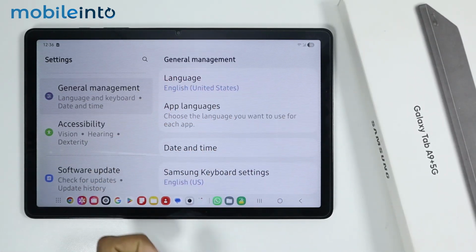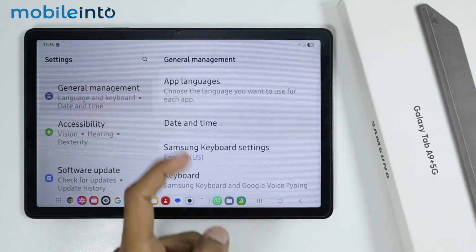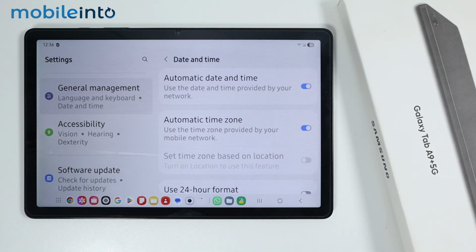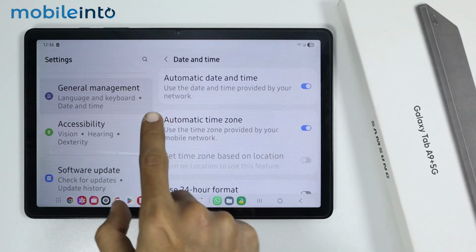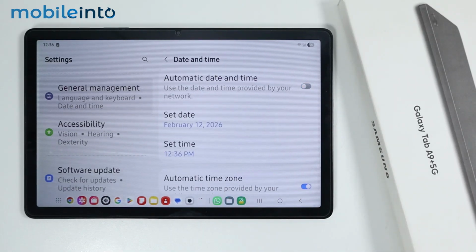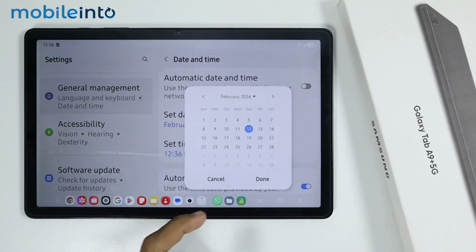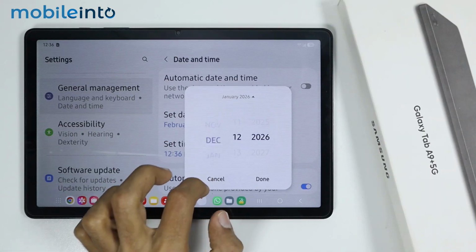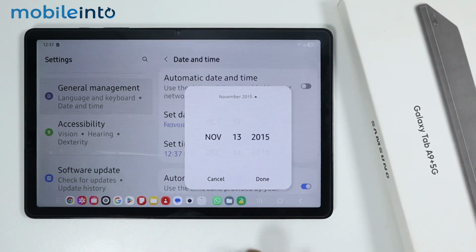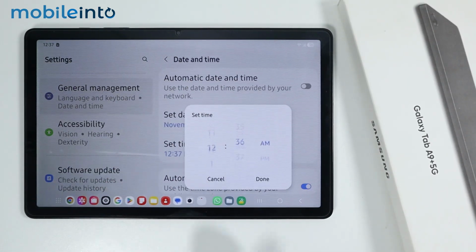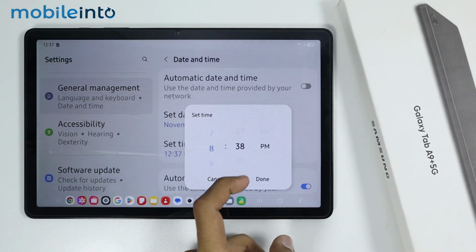Under the General Management settings, just tap on Date and Time. Now, if you want to set the date and time manually, just disable Automatic Date and Time. And from here, just tap on Set Date, and you can set the date manually from this section. Then tap on Done. Now just tap on Set Time, and you will be able to set the time manually